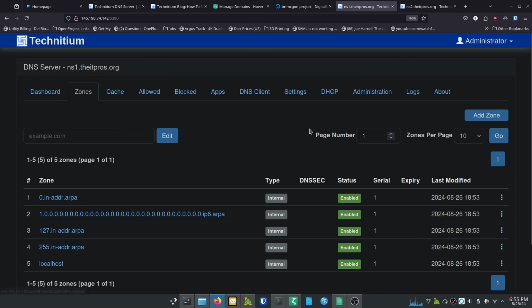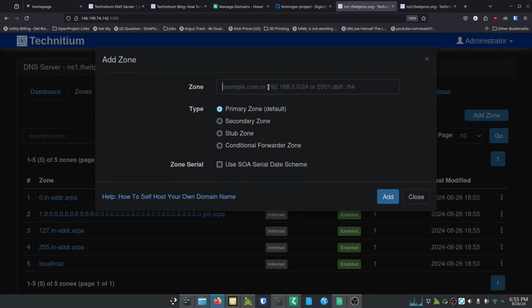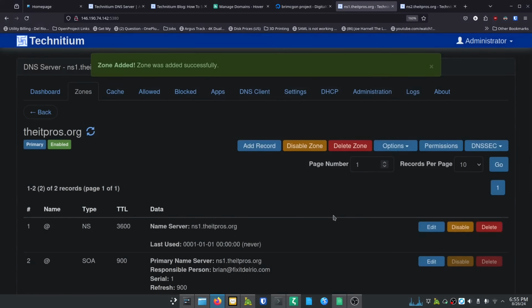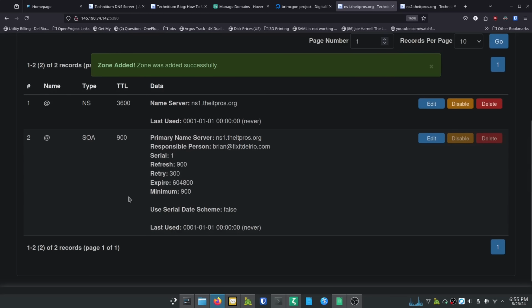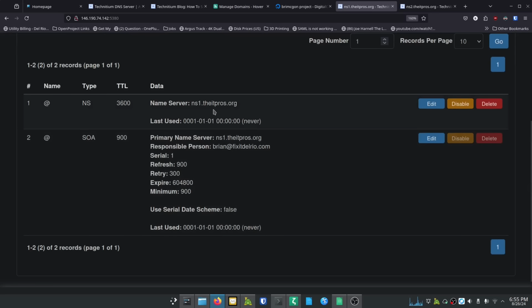So in the zone section, we're going to click on Add a new zone. We're going to call this domain name itpros.org, like this, okay? We're going to make it the primary zone, the default, and we're just going to hit Save. So down here in this list, you can see that it already created an NS record for us, which is great. That's a name server record, and it's got